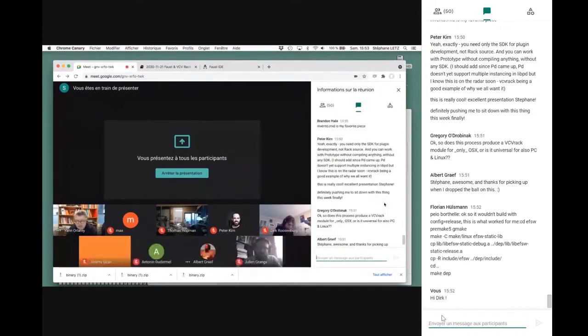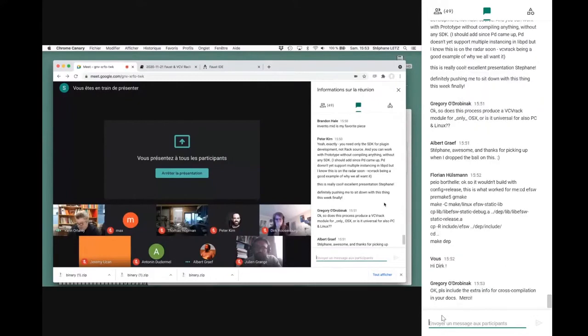What is the difference of speed between the interpreted mode and the really compiled mode? I guess it depends on the DSP. I would say between 3 and 15. Okay. Probably, yes. It can be quite slow, but well,